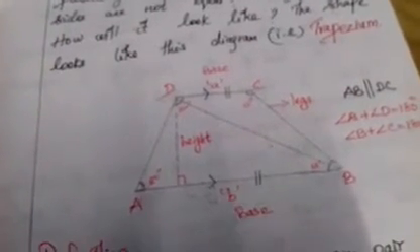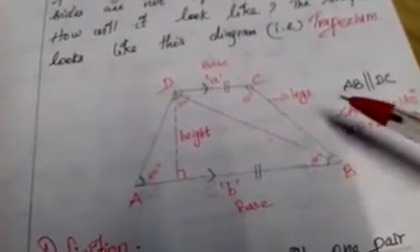Okay, students. See, these two lines are parallel. Another two lines are non-parallel. That is called trapezium. So it is a closed four-sided figure. Parallel means the lines do not meet each other; they go in one direction. See these two lines: is this parallel? No, these two lines are non-parallel. One goes in one direction, the other goes in another direction. So these are not parallel sides.